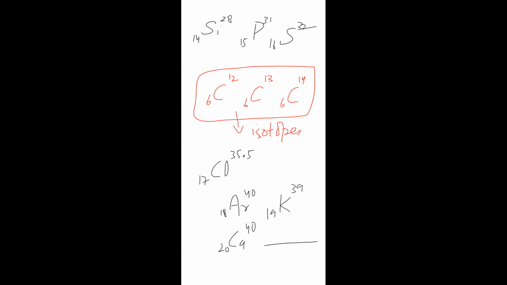Any doubt here? Any question? Is the mass number a calculation, or do you just need to memorize it? You have to remember it. I told you that it is nearly double. It is actually experimentally determined with the help of an instrument known as a mass spectrometer. With the help of a mass spectrometer, we can calculate the exact mass of any atom. So you just have to remember it.